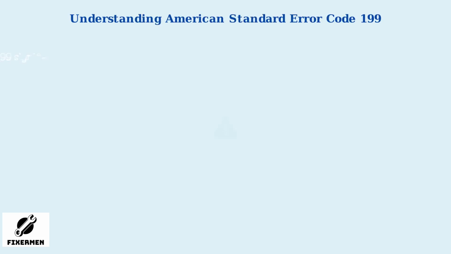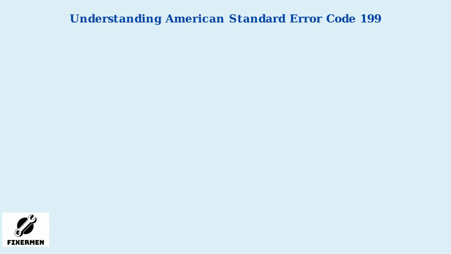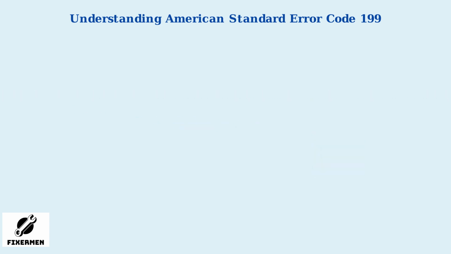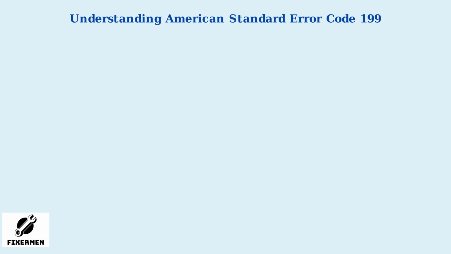Error code 199 on American Standard toilets, such as the Champion 4 and Cadet models, indicates a control board internal error. This is a malfunction within the toilet's electronic control board, which manages the flushing mechanism, sensors, and water usage. The control board acts as the brain of the toilet, integrating microcontrollers that execute firmware algorithms for water conservation and efficiency. When the error occurs, the toilet may display 199 on its LED indicator, accompanied by failure to flush or